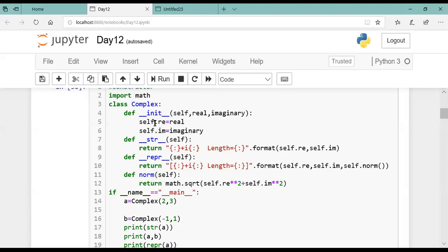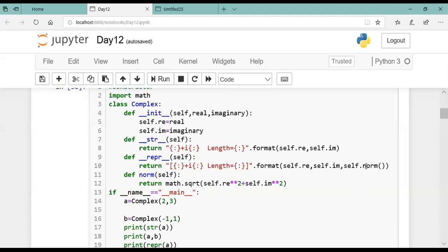Again I'm repeating the same code over here. Real is stored in self.re, imaginary is stored in self.im, and str is simply printing the a plus ib format. And the wrapper function is saying a plus ib length is equal to so and so: dot format, self.re, self.im, and self.norm. Now, what is self.norm?